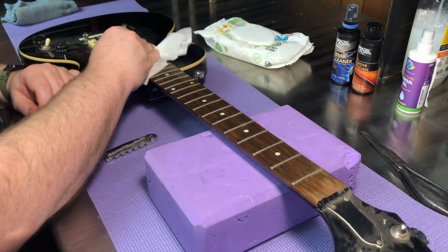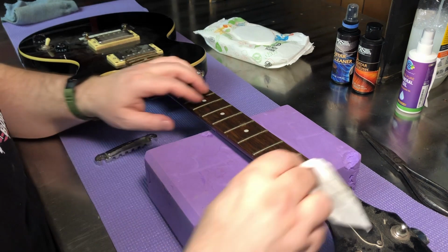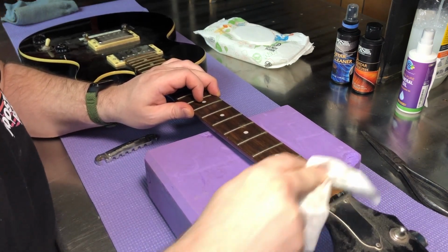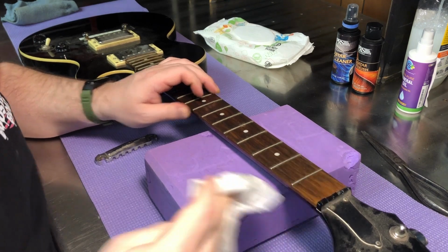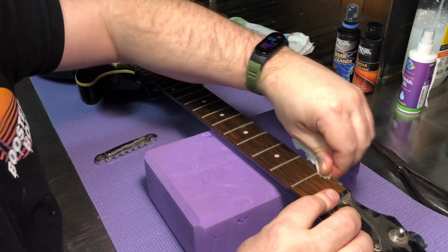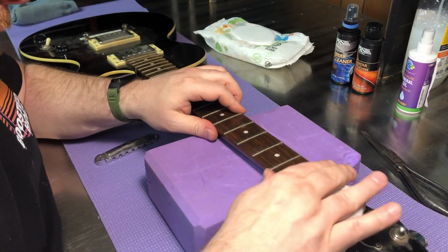But I saw this trick. This guy used baby wipes. I don't know if you can hear my kid upstairs going crazy, but he just said he takes baby wipes to this dirt. It comes right off. Which I figured this would be a really nice guitar to try this on, because